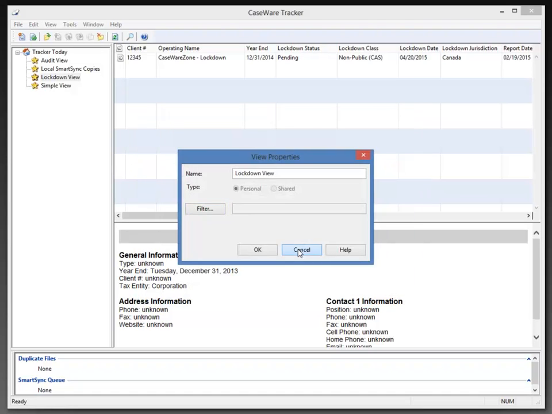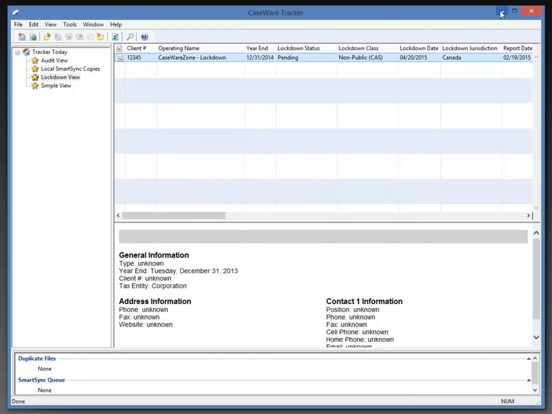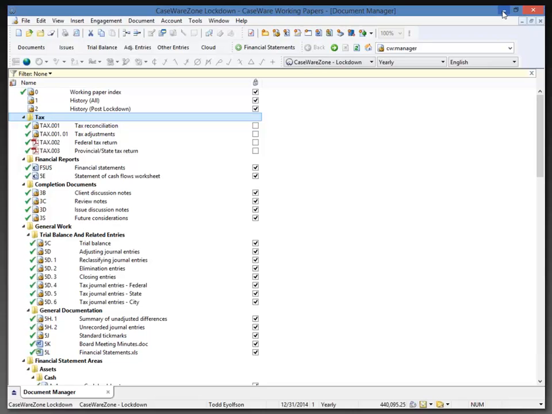I'm going to just click OK, cancel that for now, and let's return back to working papers. Now, we know which documents are going to be locked down after 60 days. So let's assume for a moment that we're finished with this file, we just close it and walk away from it. And on the 60th or 61st day or any day thereafter, when the first person accesses the file after the